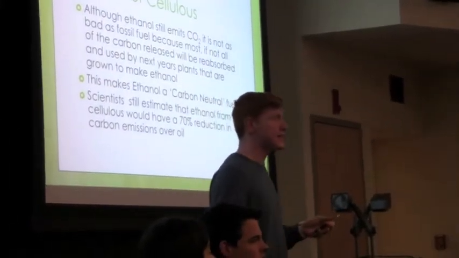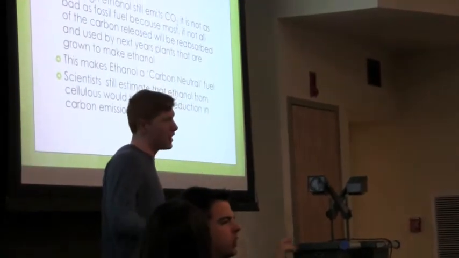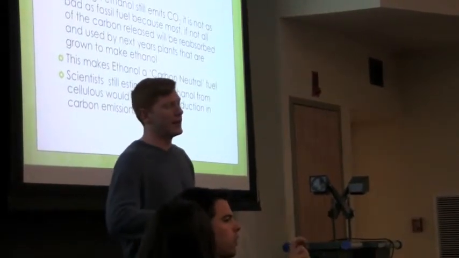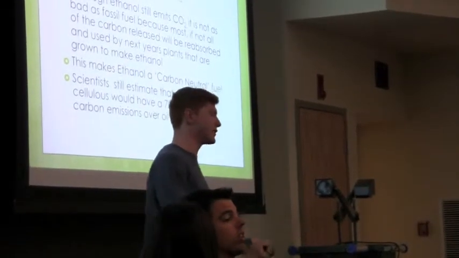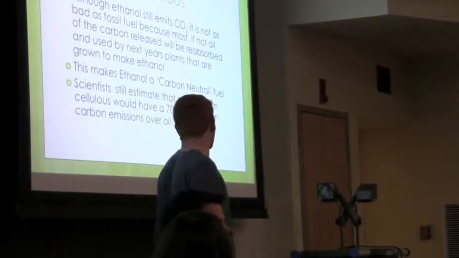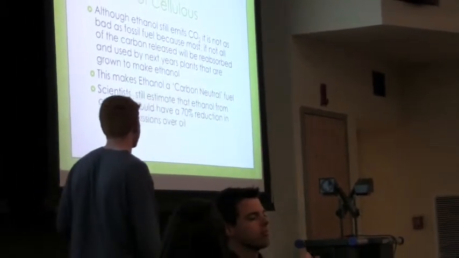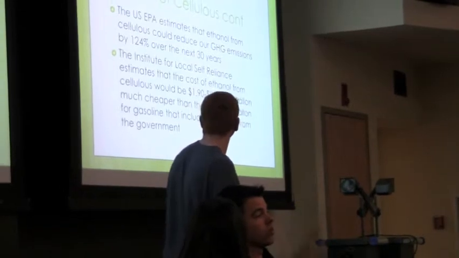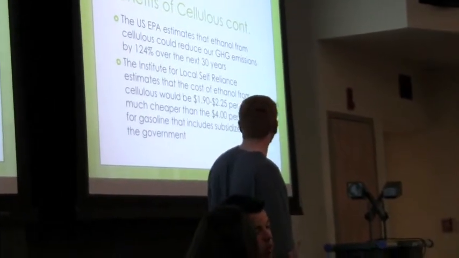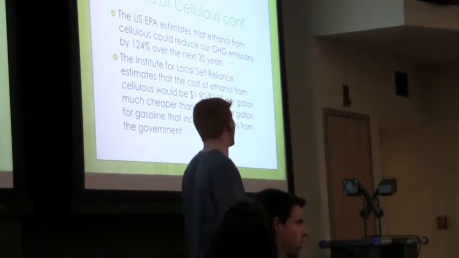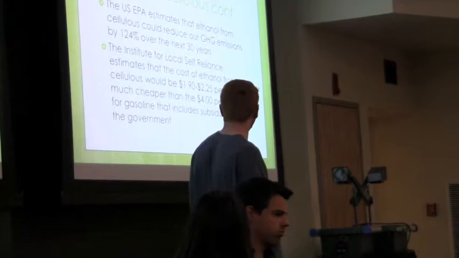Although it still emits a lot of CO2, it's considered a carbon neutral fuel because almost all the CO2 that you're going to emit using this fuel is going to be absorbed back by the next year's crop. Scientists estimate that ethanol from cellulose would have a 70% reduction in carbon emissions over oil in the U.S. The U.S. EPA estimates that ethanol from cellulose can reduce our greenhouse gas emissions by 124% in the next 30 years. That's a lot compared